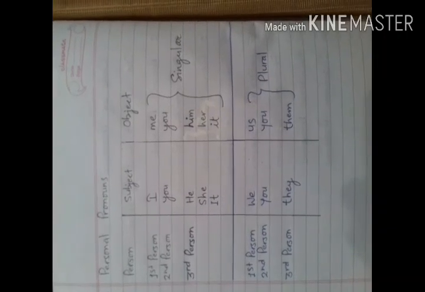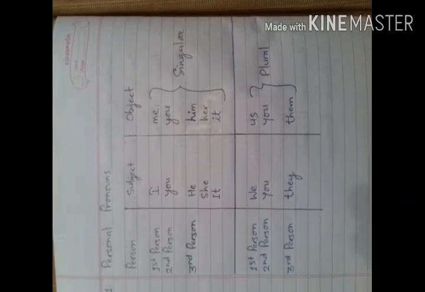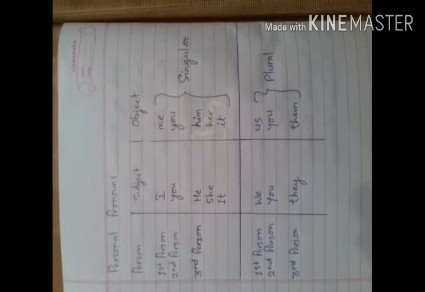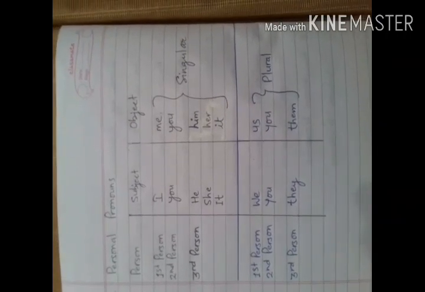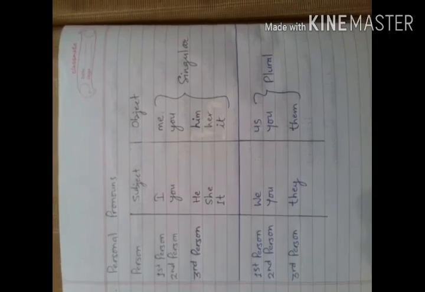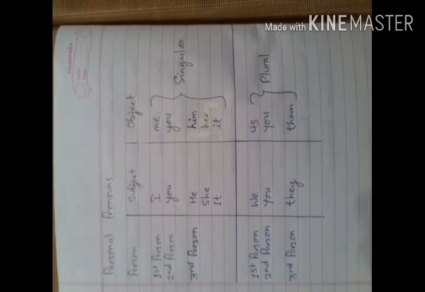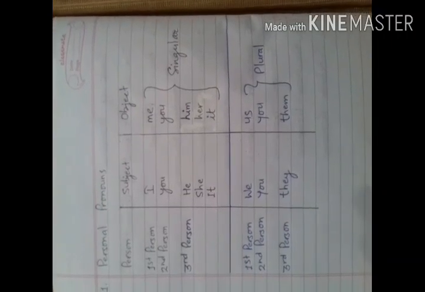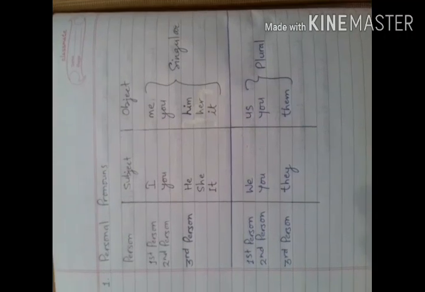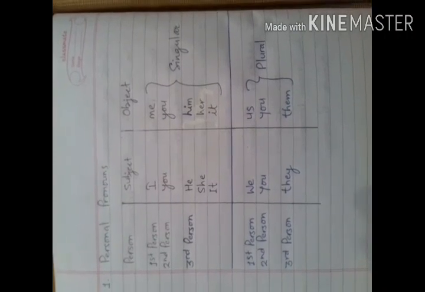But whenever we use pronouns as the subject and object, we need to be very careful because they change their forms, unlike nouns. Nouns remain the same whenever we replace one noun by another; they only change their place when they are used as subject and object. But pronouns change their forms.